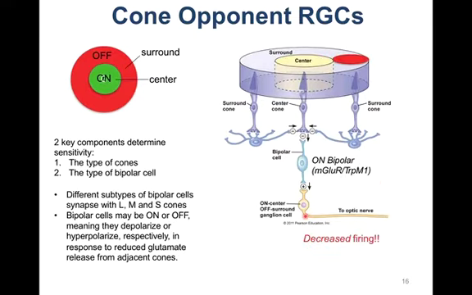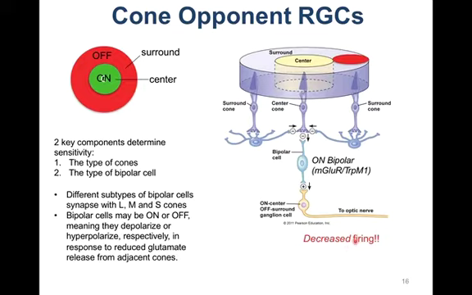Let's shine red light on the surround of our green on center, red off surround. Okay. The surround cones are sensitive to red. Right? These would be red cones expressing long wavelength sensitive opsin. We shine red light on red cones, they're going to hyperpolarize, decrease glutamate release onto the horizontal cell, which will decrease glutamate release onto the central cone. Central cone is effectively in the dark, doing what cones do, spitting out glutamate onto the bipolar cell, increasing mGlu-R activity, decreasing TRPM1 activity, decreasing glutamate release onto the ganglion cell,